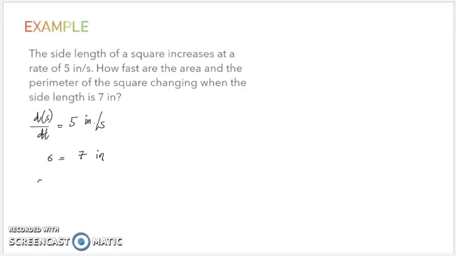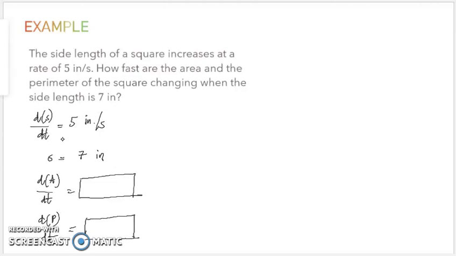And we are looking for the derivative of the area, the change in the area with respect to time, and also the derivative of the perimeter with respect to time. So let's have first the area. We're dealing with a square here, so the area of a square is s squared. Let's differentiate this with respect to time. So we have the derivative of the area with respect to time is equal to 2s